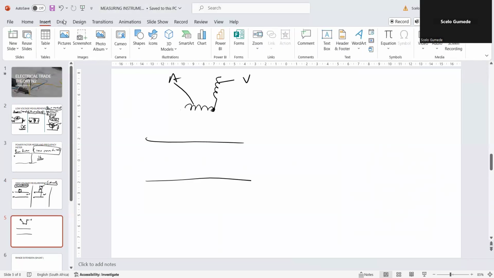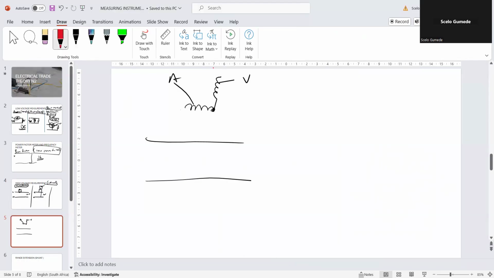Let's join them. I'm going to use the red to join them. Now, remember this one must connect like this. It's an ammeter. And then this one must connect. Oh, sorry, before it touches the line, it must have a transformer. The transformer, one comes here and one goes there. That's how we connect this